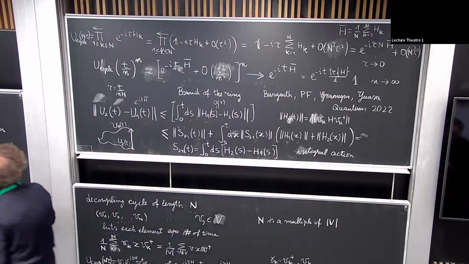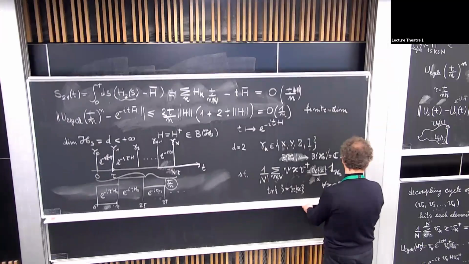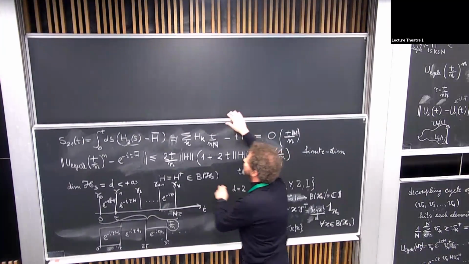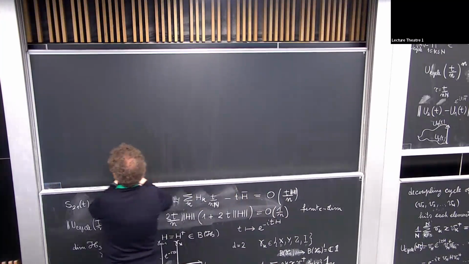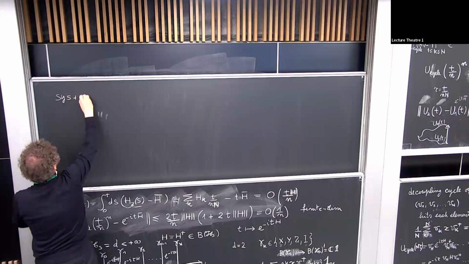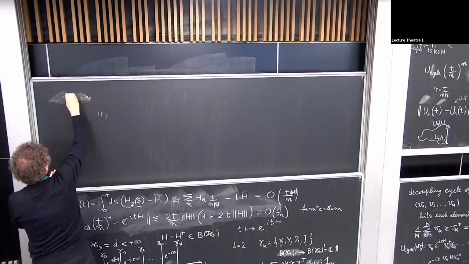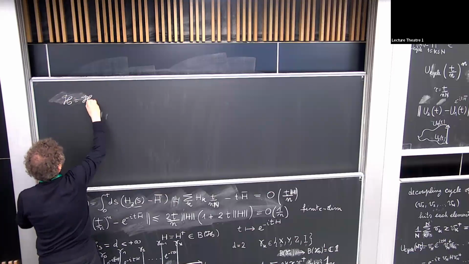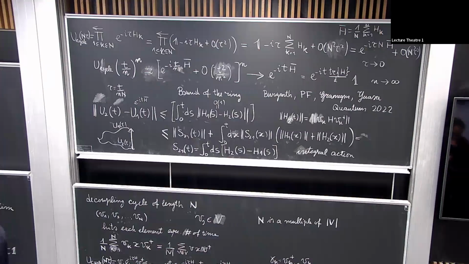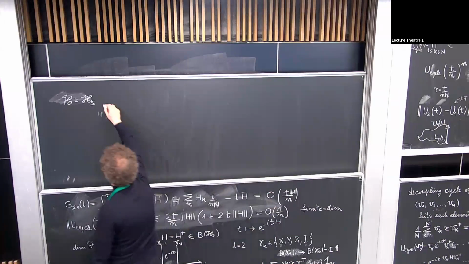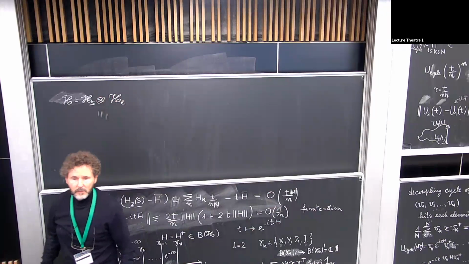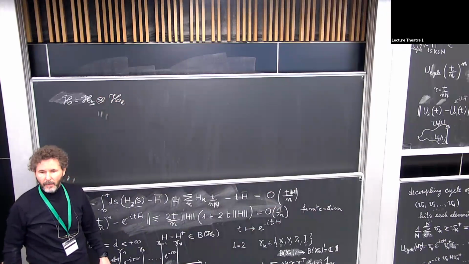So the situation I want to control is the situation in which I have system plus environment. So my Hilbert space is just the Hilbert space of the system, which I still consider a finite dimensional system, times the Hilbert space of the environment. In this, now, any choice of unitaries would have done, right?